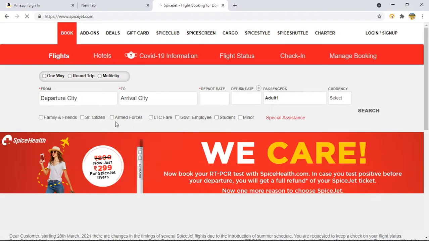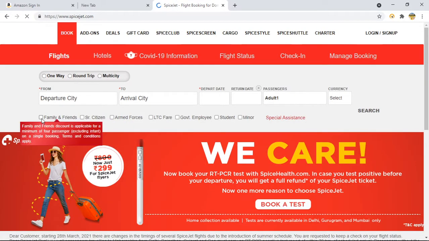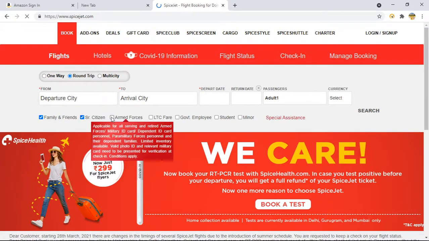Here, if you see, how many checkboxes. If you find any radio button, with the help of the click method only you are able to select it. This is a radio button and this is the checkbox. The difference is that in a radio button you can only choose one at a time, but in a checkbox you can select multiple.